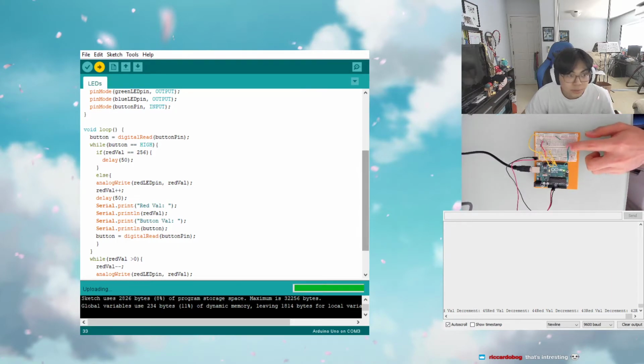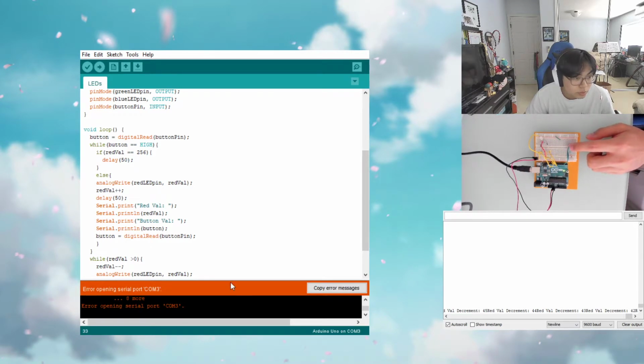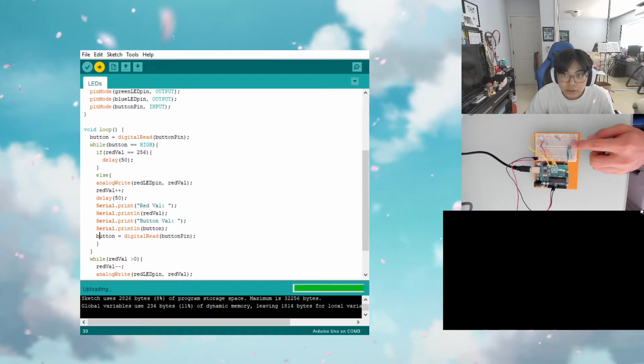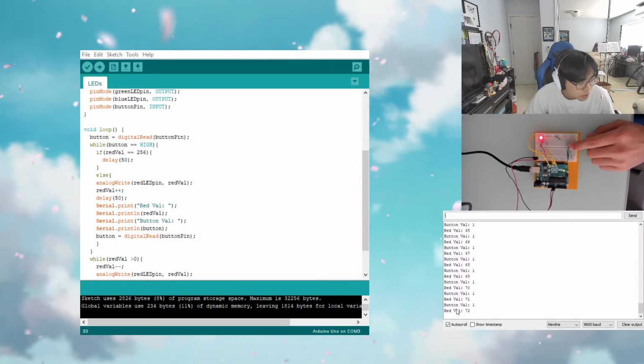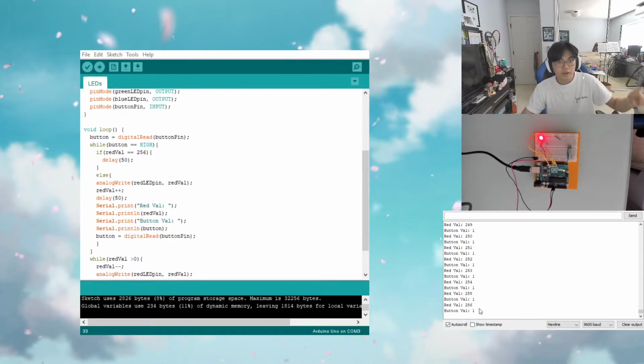Let's check this out. Error opening serial port. Weird. Okay, looks like it's working. So, it grows, and then hopefully when it hits 256, it'll stop growing. And it'll just stay. Yeah, cool. And then when I let go,